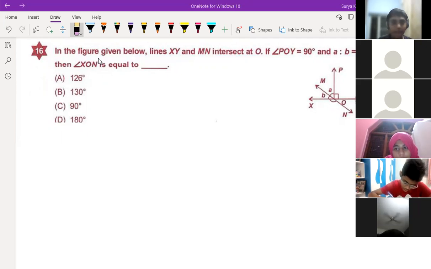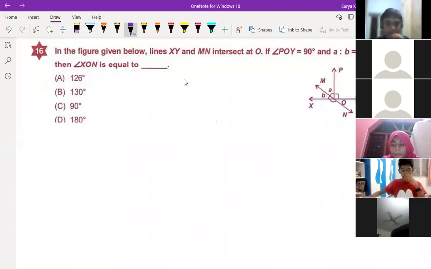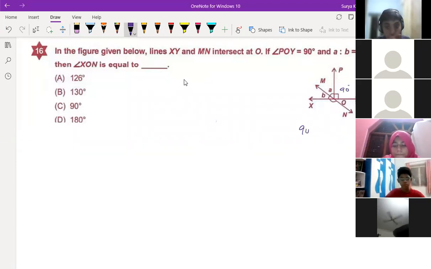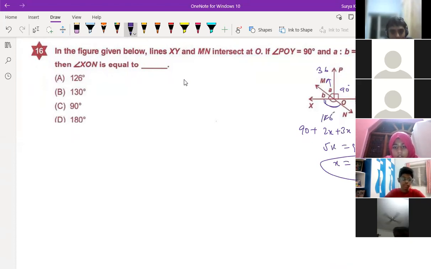Okay. All of you got the answers for this? Sai Charan. Sir, 126, I got 126. Okay. Who is not getting this question? Sai Ritvik, you got this answer? No, sir. So this is 90. So 90 plus 2x plus 3x is equal to 180. So 5x is equal to 90. x is equal to 18, right? So A becomes 36. So this whole part is then 126. Everyone done the same?